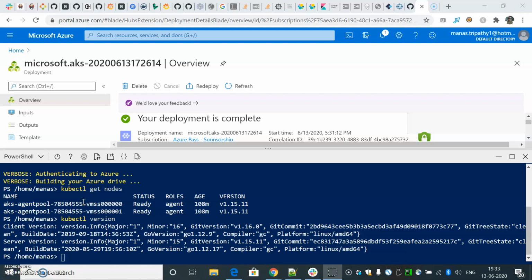Before going into the upgrade, let us understand how this upgrade is happening. By default, Azure creates one extra node, the surge node, to do this upgrade with minimal impact on the workload that's running on the Kubernetes cluster. So it can drain or cordon off the application running on the candidate node to be upgraded, and it drains the application running on that node to that surge node.